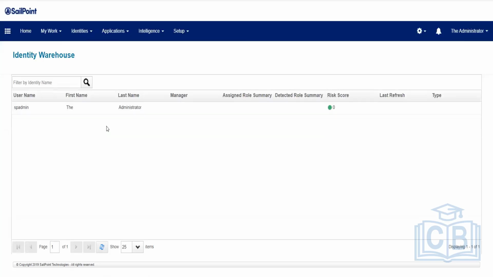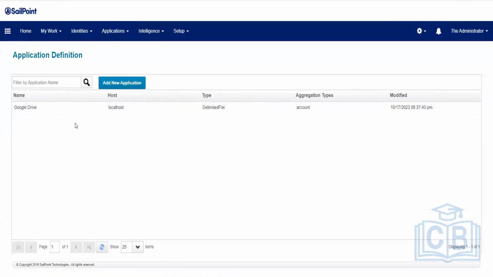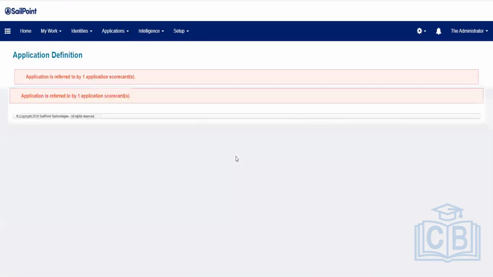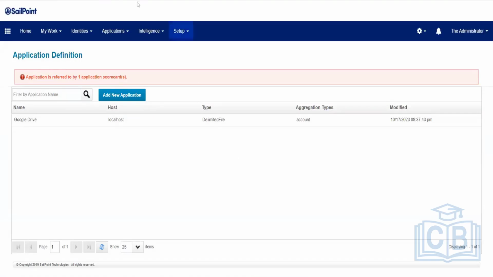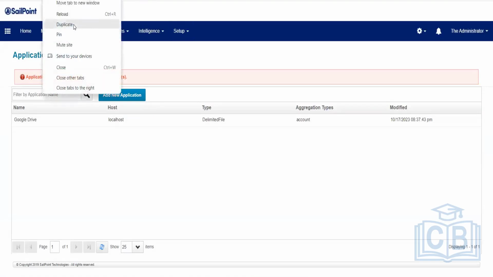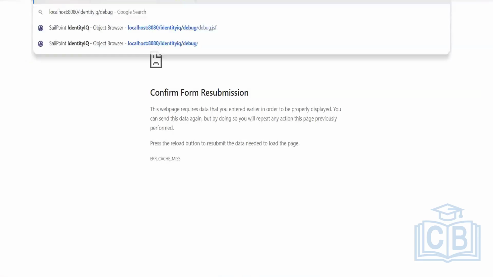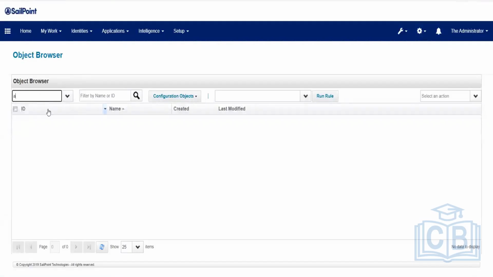Okay, now, guys, except SP admin, we don't have any identities now. So go to application definition, where you have already onboarded. Consider here we don't have any application. We are not able to delete this application directly, so we'll go to the debug page and delete from there. We shouldn't do this in a real-time environment. Select the object type called application, select that particular one,